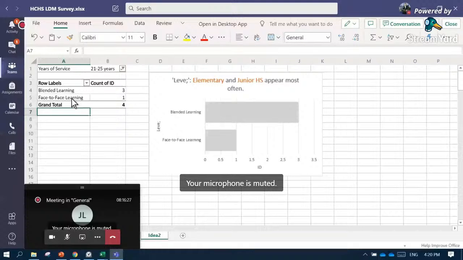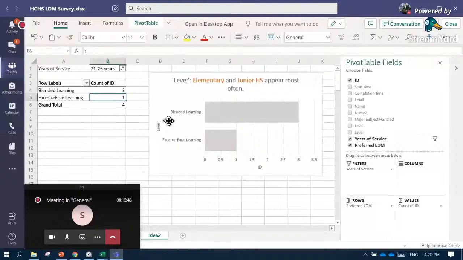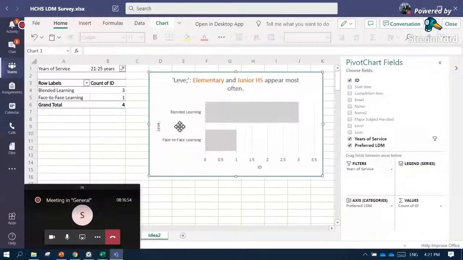That's how you analyze the data using the pivot table and the pivot chart. And again, to demonstrate how to use the third feature, which is slicer, we can click the ellipsis at the upper right and download this workbook.